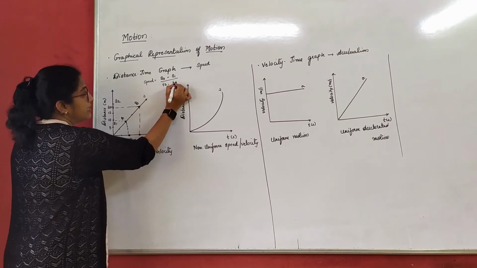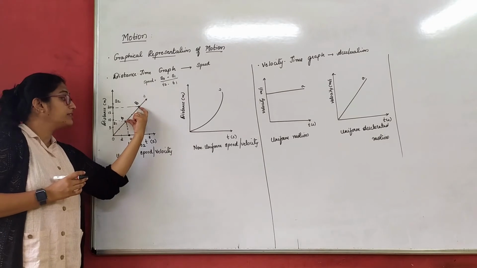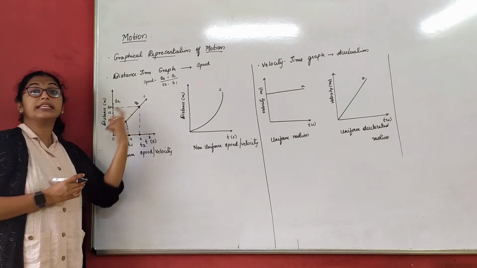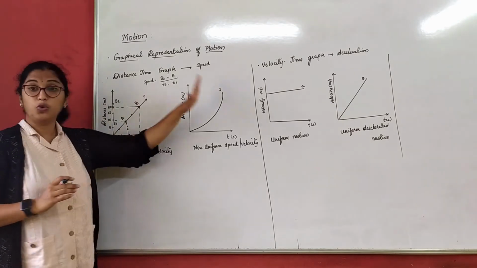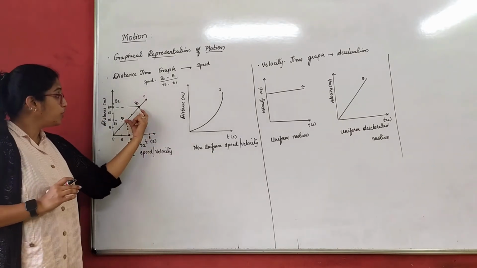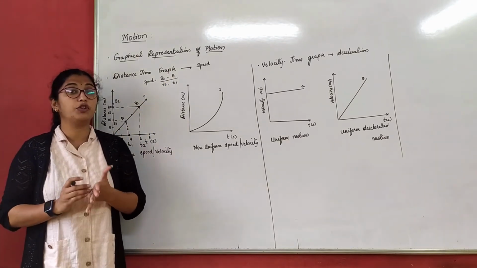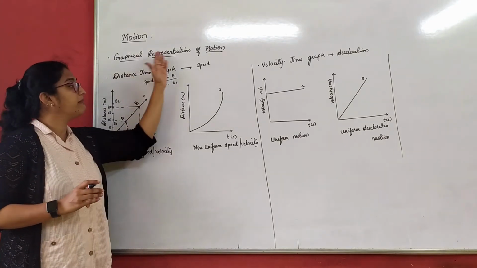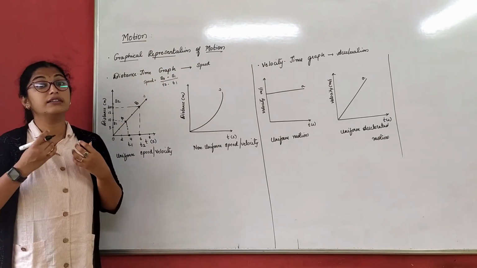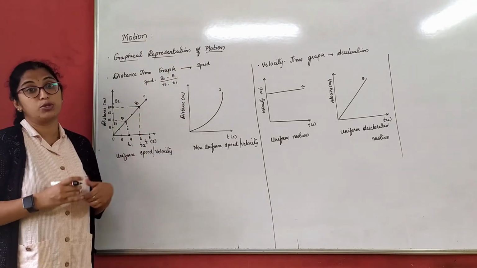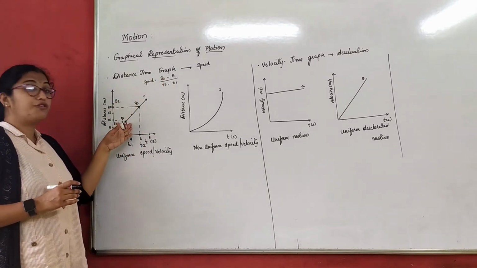T2 minus T1. With that, I will understand how much the speed is between this A and B, right? Now here, you understood the graph part and you understood the formula to calculate. That's more than enough for you to understand, because we will be dealing with this again in the numericals part, with the numericals only, how exactly the sums will come. So this is the basic simple formula to find the speed from the graph.